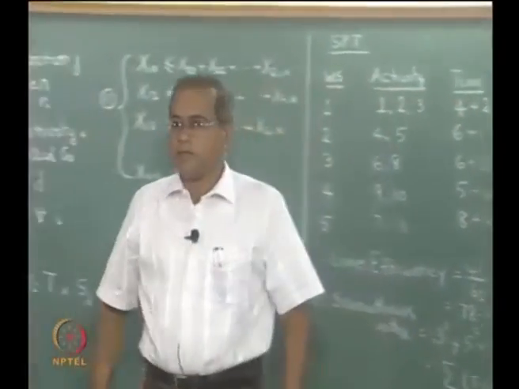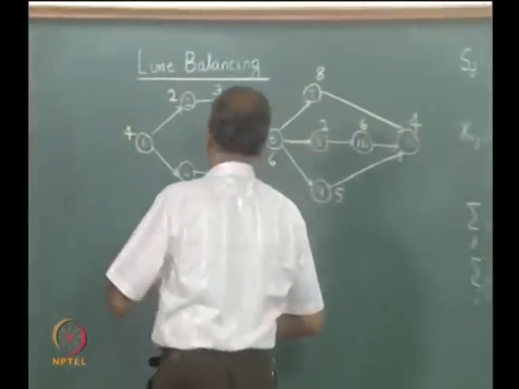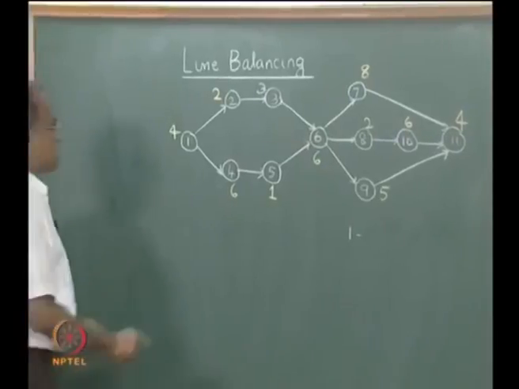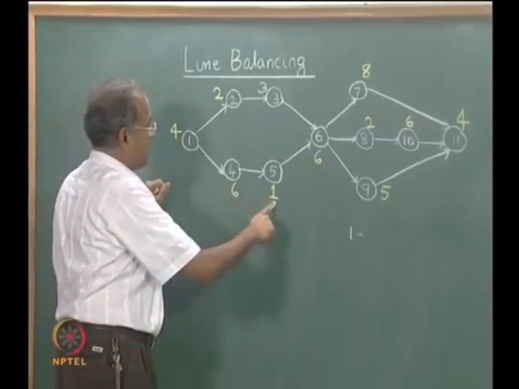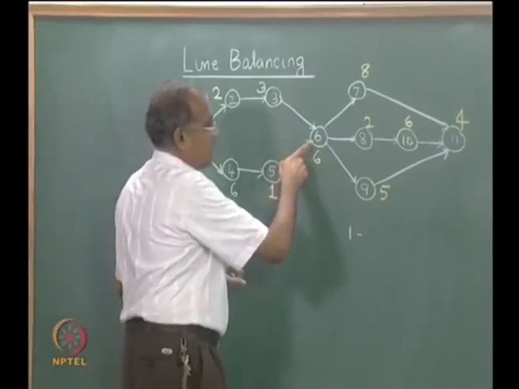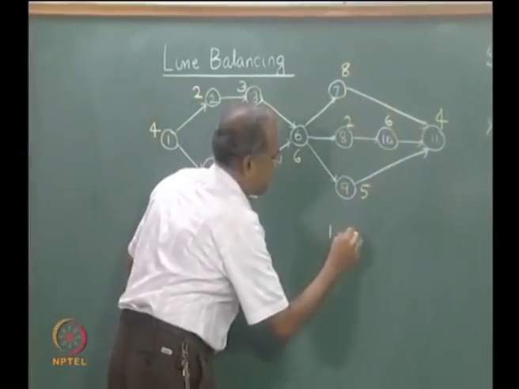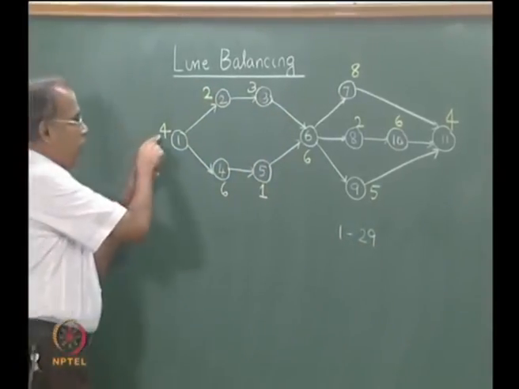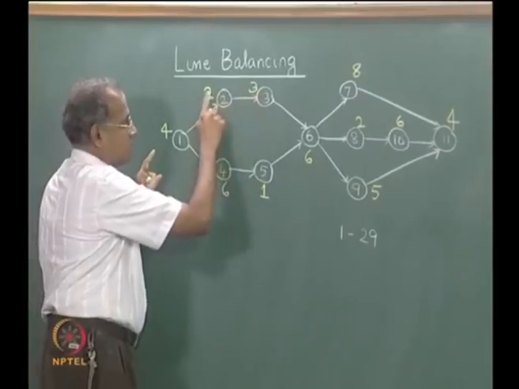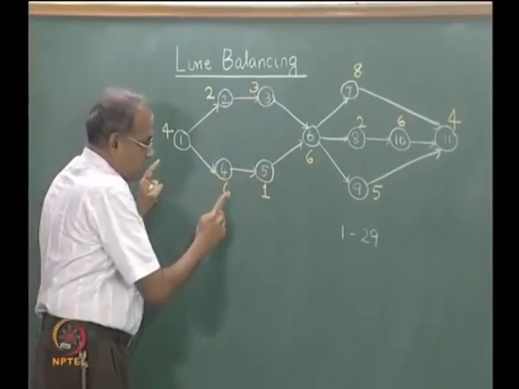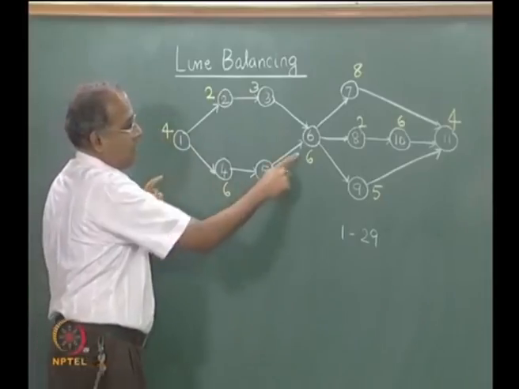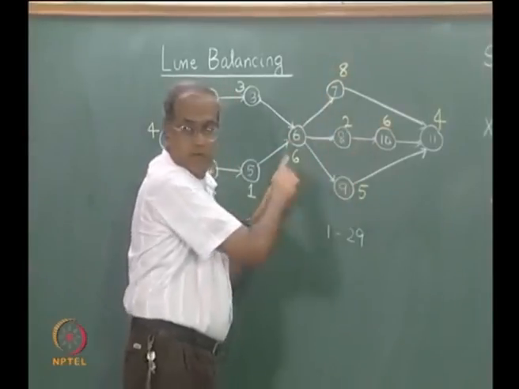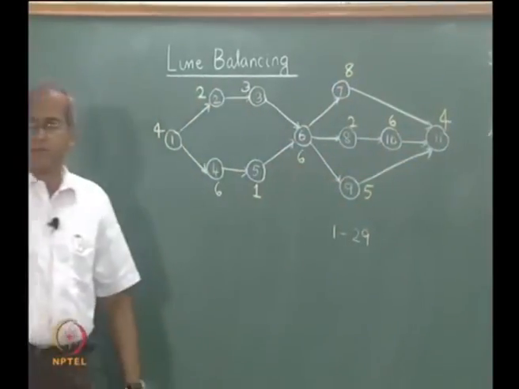in the network. Now, if we take activity 1, the longest path is going to be 4 plus 6 is 10, plus 1 is 11, plus 6 is 17, plus 8 is 25, plus 4 is 29. That will be the longest path for 1. Once again 4, so you could reach 6 using this, which would give us 5, or using this, which would give us 7. So, 4 plus 7 is 11, plus 6 is 17, plus 8 is 25, plus 4 is 29.